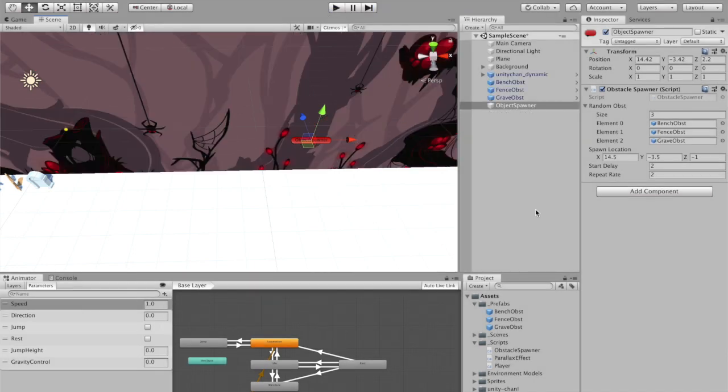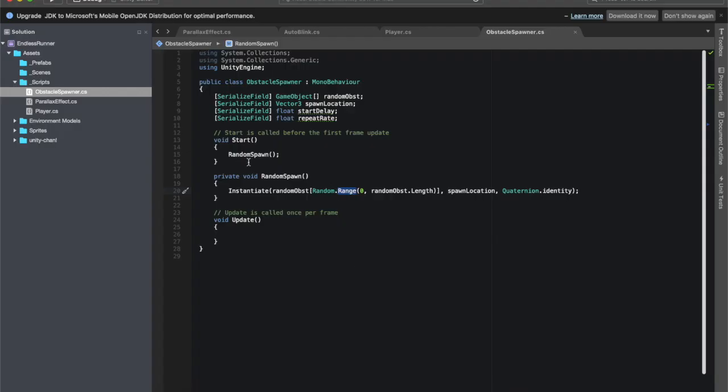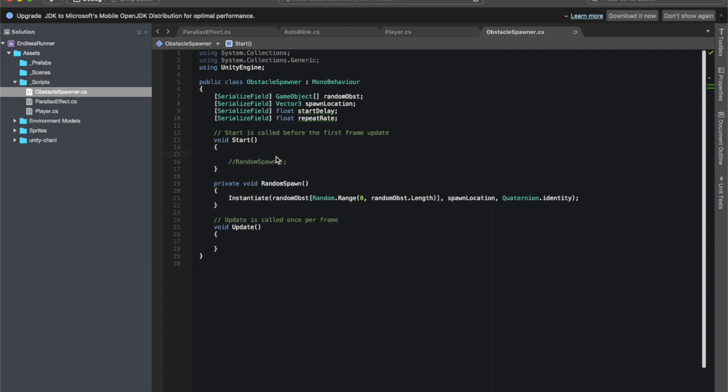We don't need to play this any longer. Now, we want this script to run repeatedly. And a straightforward, pretty simple way we can do this is we can use a bit of code called InvokeRepeating, which basically just means we're going to take this code, this method, and just repeat it over and over and over again. So instead of just calling the method like so, I'm going to comment this out,